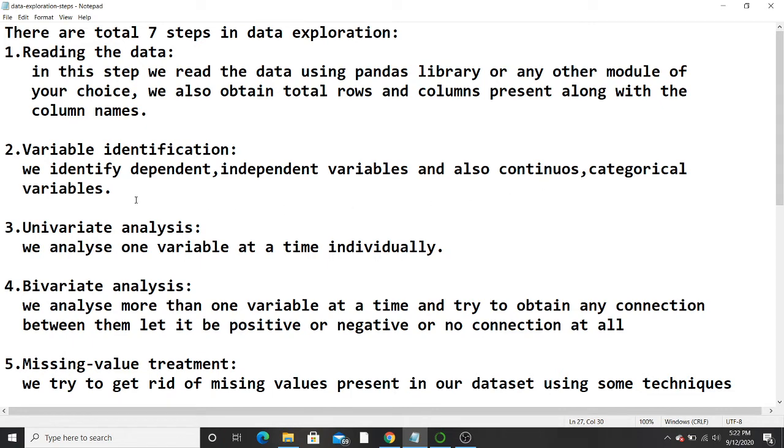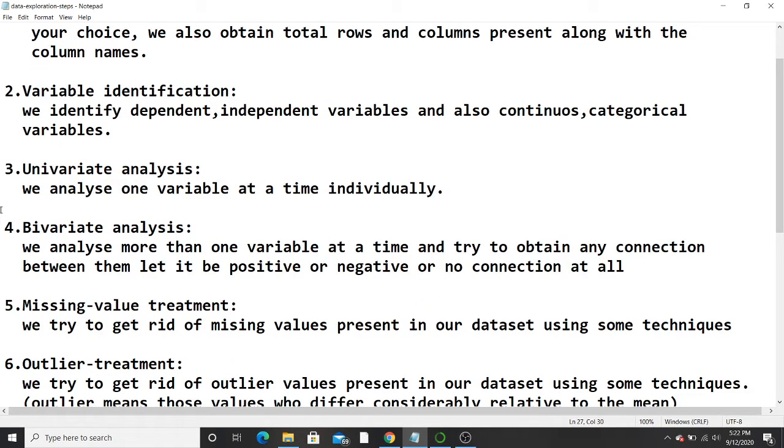Sorry, categorical variables are those variables which can hold only a limited set of values. Let's say the gender of a person, it can be either male, female, or other. So that is categorical.